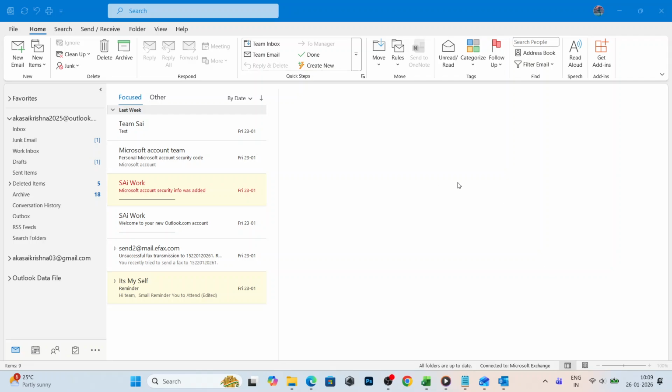In today's video, I'm going to teach you how to password protect Microsoft Outlook. By the end, you'll know how to add a password to your Outlook personal data file, also known as a .pst file, so your locally stored emails, contacts, and calendar items have an extra layer of privacy. This protects the data file itself, not your email account sign-in, and it's especially useful if you archive mail locally